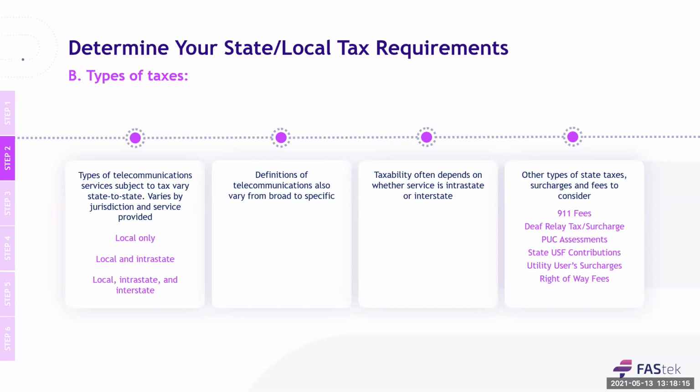Although some states do not have a sales tax imposed on communication services, there are a slew of other types of taxes. For example, Florida does not impose a sales tax on communication services. However, they do impose a communication service tax that is inclusive of state sales tax. Of course, we'll talk about some of these other fees later, but there's another example, Texas. They apply a right-of-way fee in about 1,000 local jurisdictions. And over 250 cities in Missouri impose a local license tax. Something to think about as far as all the different types of taxes, fees and surcharges that are possible depending on the service that you're providing to your end user or your customers.